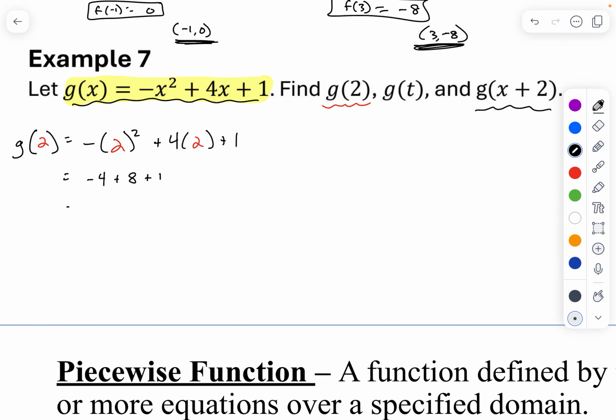The last thing we need to talk about here, like I said, we're going to hit on this a little bit more tomorrow, is a piecewise function. It's going to be a function defined by two or more equations over a specified domain. Now, I realize that gets a little wordy pretty quickly, but what that means is that as we